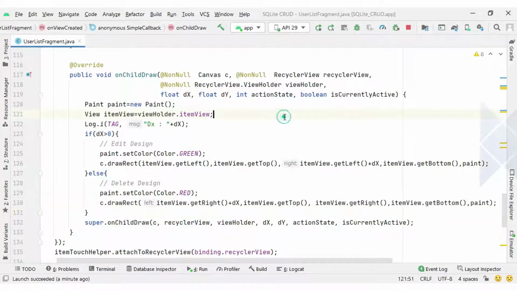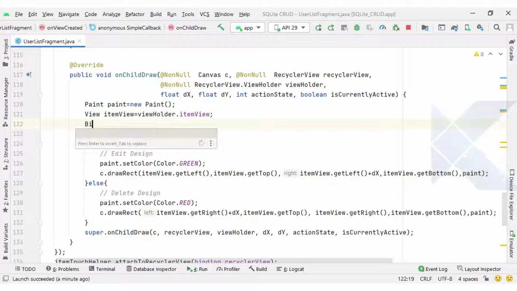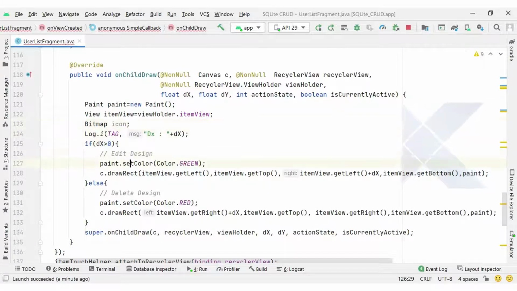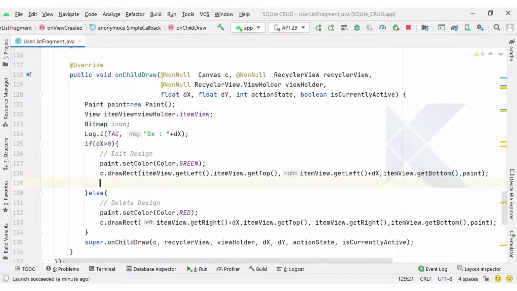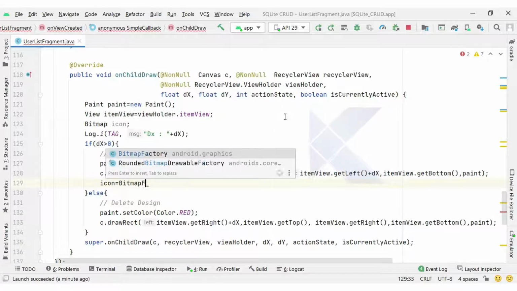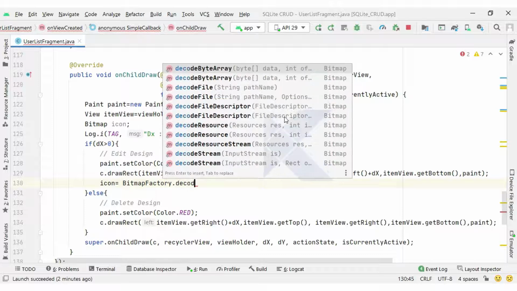Okay, on the green color I want to display the edit icon, and on the red color I want to display the delete icon. So the icon we will handle with the bitmap object. So here I am going to declare a bitmap icon, and inside the if dx is greater than 0, we need to create the icon. So a bitmap object you can create using the BitmapFactory method. BitmapFactory dot decode